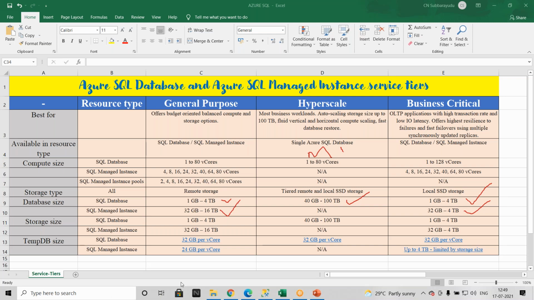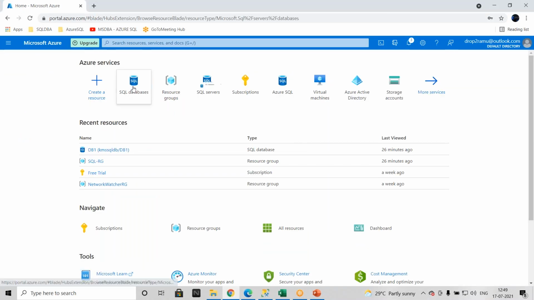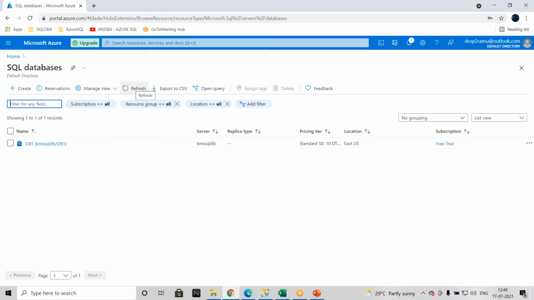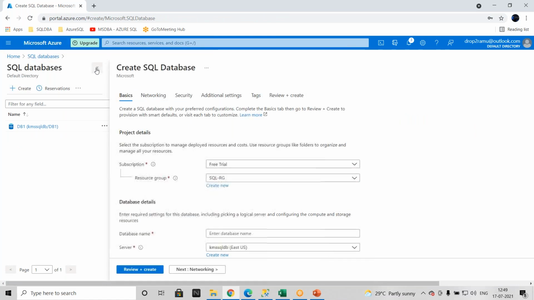Okay, let me go to the deployment. First we'll see the major differences under a free trial subscription. Currently I am connected with the free trial subscription, and let me create a database.